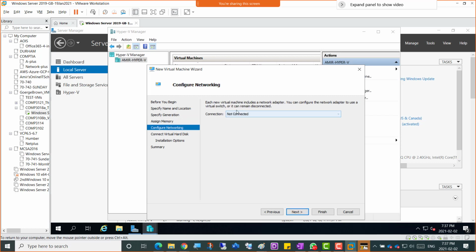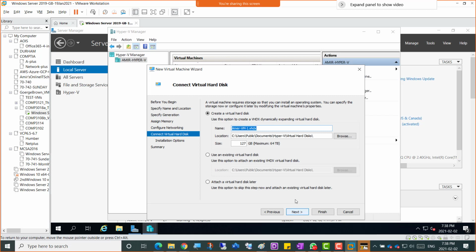And now you can see that it is asking for configure networking. Each new virtual machine includes a network adapter. You can configure the network adapter to use a virtual switch, or it can remain disconnected. So obviously, you can see all the switches that we've created already are showing here. So I'm going to select that switch 1, and this is the virtual switch 1. So when I create the second virtual machine, I'm going to connect it to the second switch. So for now it's just one switch. I'm just gonna click next,